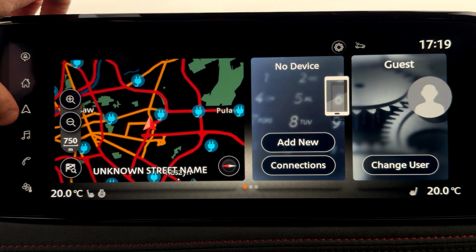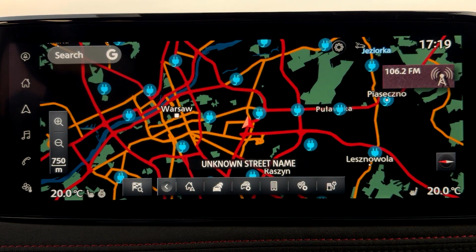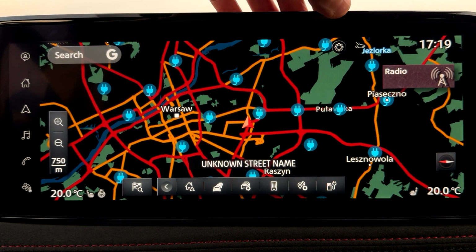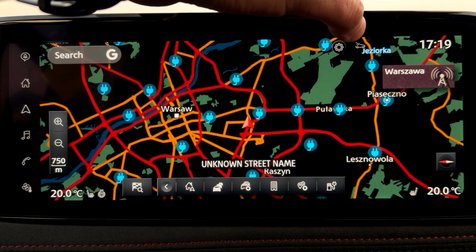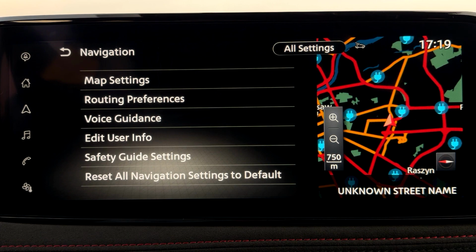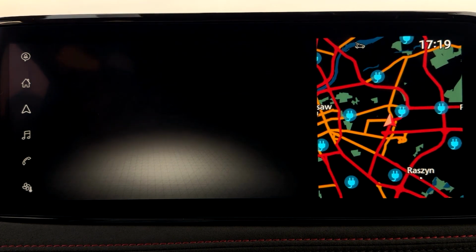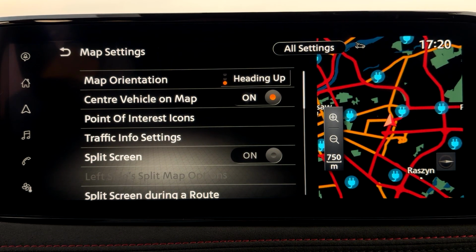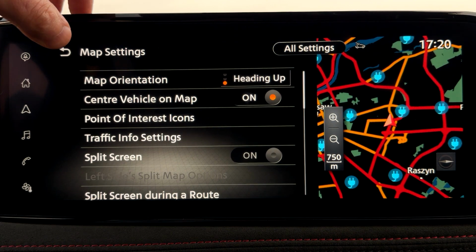Choose here the navigation button right here, and as you can see from the following view, let's open the settings right here at the top of the screen. So from the settings, let's choose here map settings, the first option, and from map settings, let's select here the